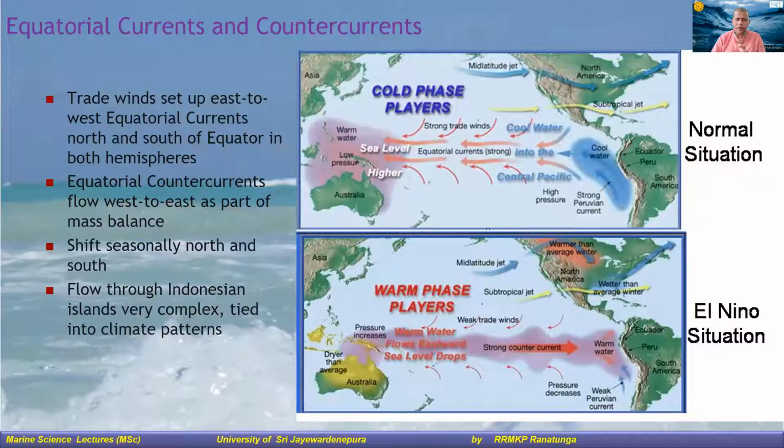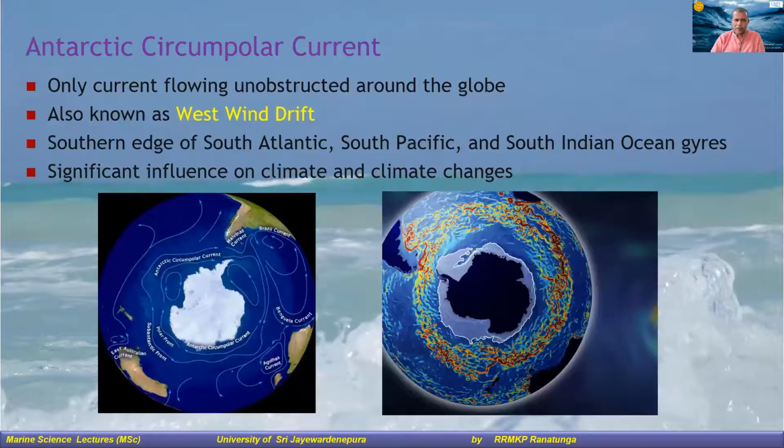So this equatorial current versus equatorial counter current: the equatorial currents are because of the trade winds pushing from east to west from both directions, and in between the water column is pushing back, right? It won't happen perhaps at the same time, but maybe in different seasons it will be in the other direction, right? So that's the equatorial current versus the equatorial counter current.